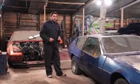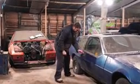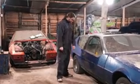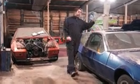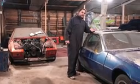The logical thing to do now is to say, well, what do I have with my Lotus? What I have with this Lotus is non-functioning door locks. I do, however, have a sunroof which is conveniently missing the glass, so I have nothing else I can get in this way, which is full of kind of stuff that looks a bit...